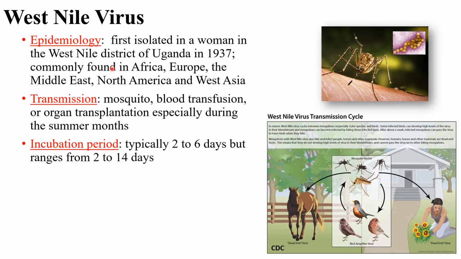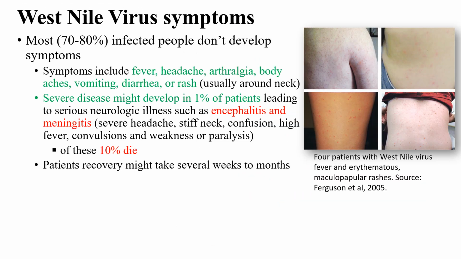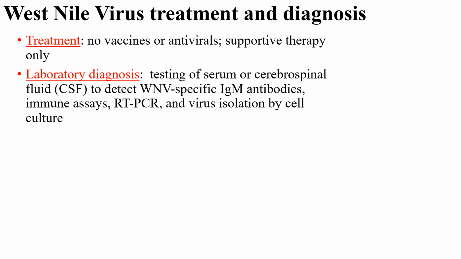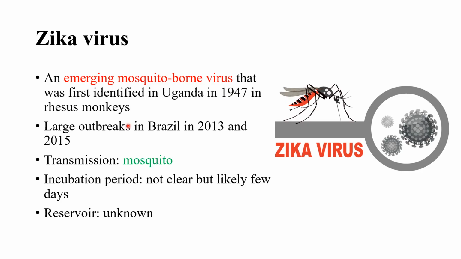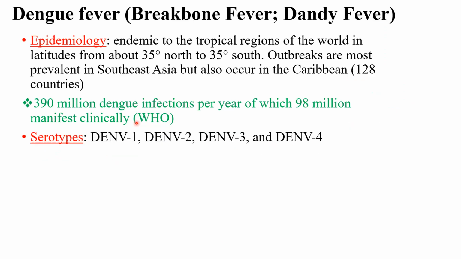West Nile virus was first isolated in a woman. The virus transmits to the host during the blood. So it's important to note that we don't have currently specific treatment for West Nile virus. So now we'll talk in terms of symptoms. So really one of